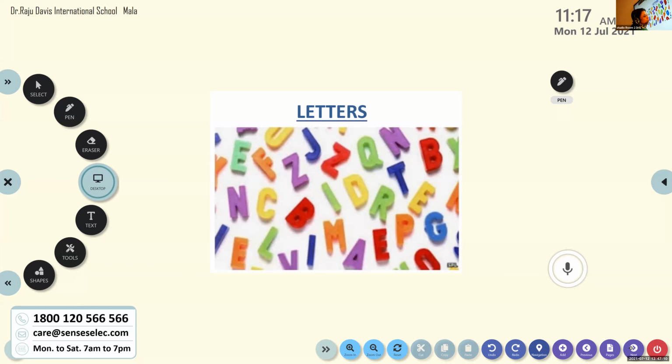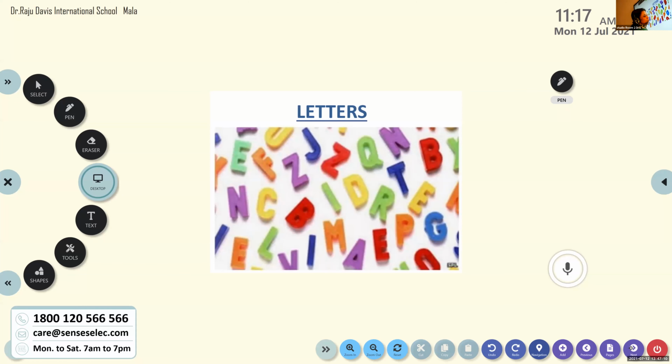When the letters are not arranged in the proper order, we may not get a meaningful word. So it is very, very important to know the spellings of the words, and also their pronunciation. I taught you how to learn the spelling of each word. If it is a one-syllable word, children, see that you spell it out through its individual sounds. So b, r, d. Each letter has a sound.